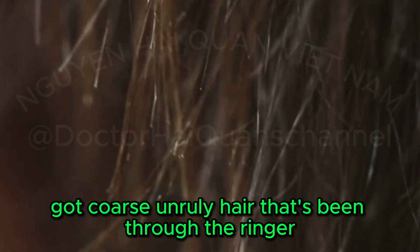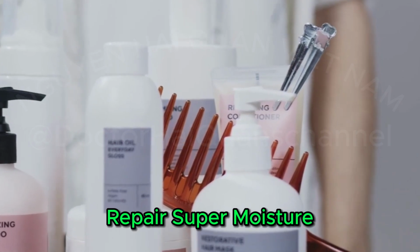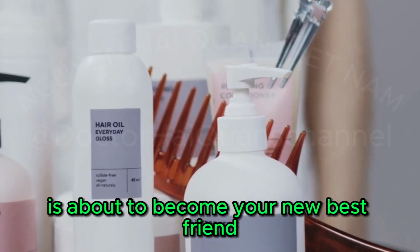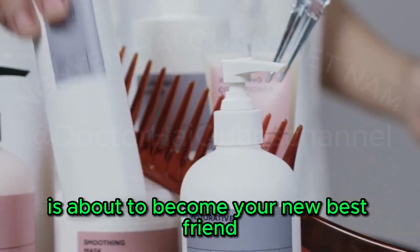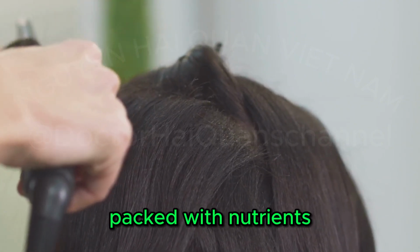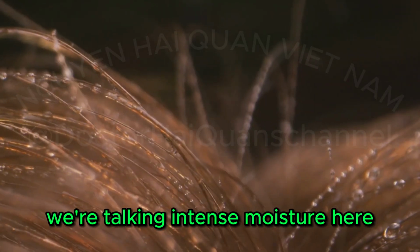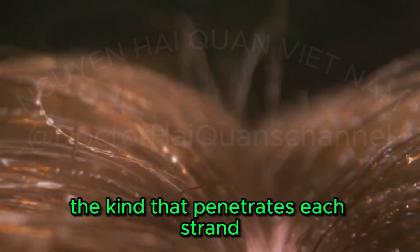Got coarse, unruly hair that's been through the ringer? Honey, Briogeo's Don't Despair, Repair! Super Moisture Plus Repair Shampoo is about to become your new best friend. This shampoo is like a tall glass of green juice for your hair, packed with nutrients and ready to revive even the most parched strands. We're talking intense moisture here, the kind that penetrates each strand and leaves your hair feeling soft, manageable, and full